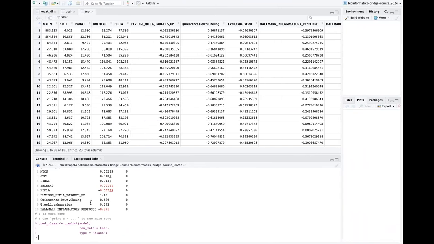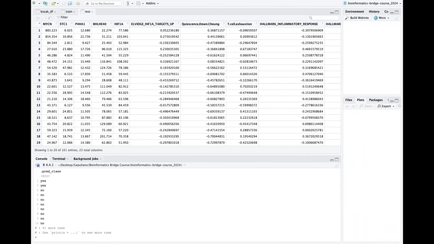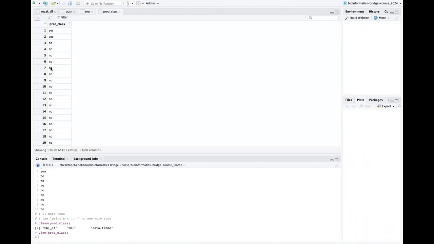I can ask R what pred class is. It says it's a data frame, so we can view it. So the predicted class, I think this is very interesting because what this is telling us is that R was able to generate a model,